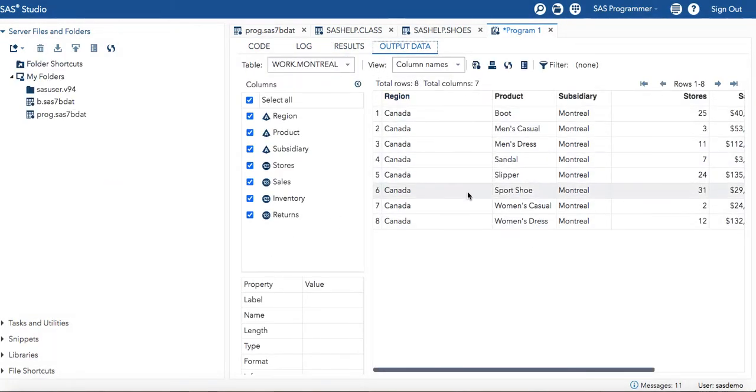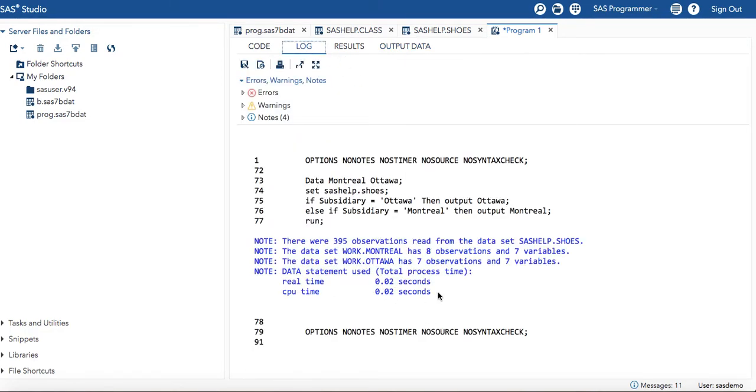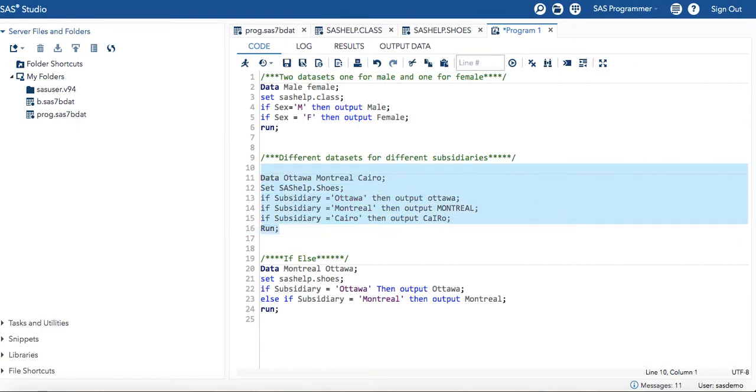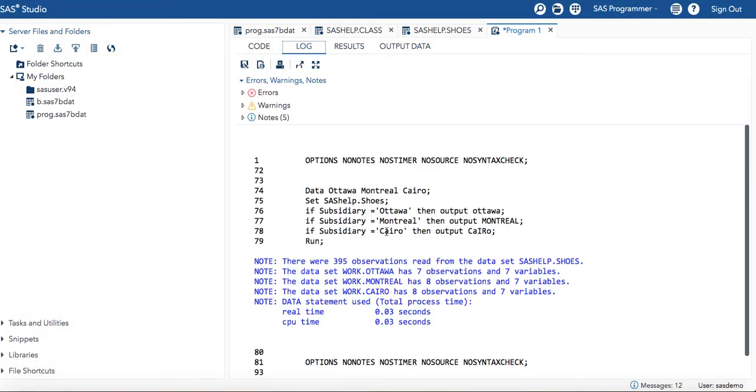Looking at the output, it is not showing much of a difference, but if you see the log, the real time here is 0.2 seconds, and for the earlier one it's obviously more, 0.3 seconds.